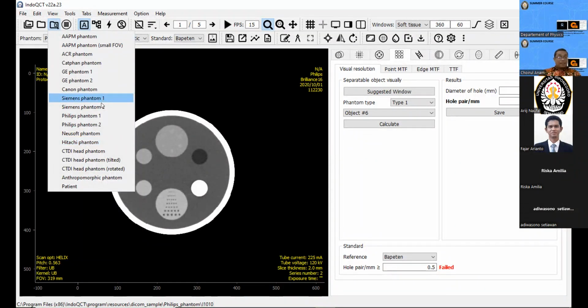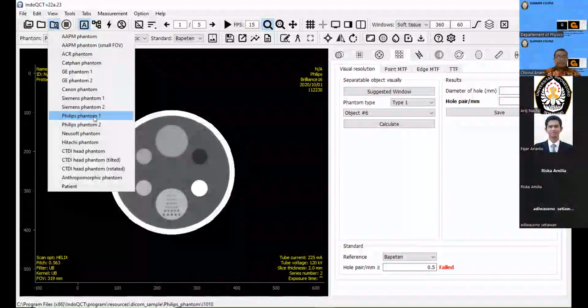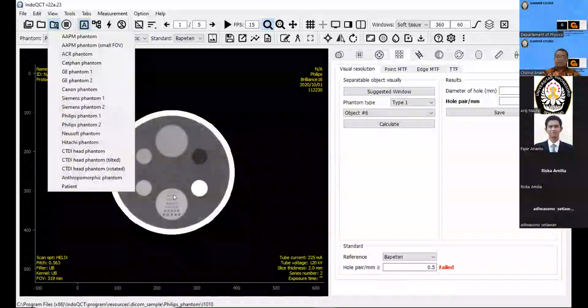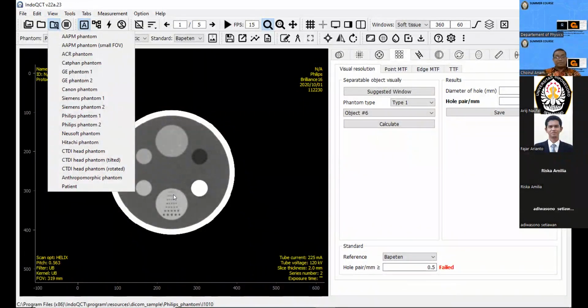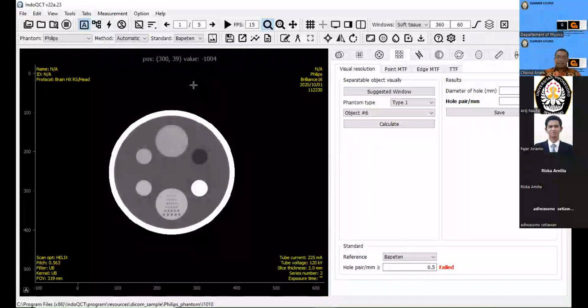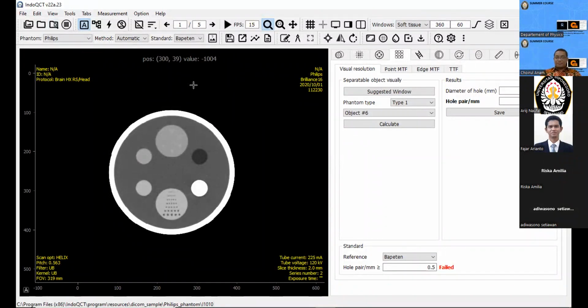I think only Philips gives us an object like this for measuring the spatial resolution by using visual observation, like this. Okay. Before we move to the MTF, maybe a question from you. Any question?